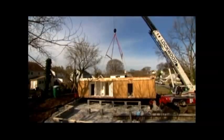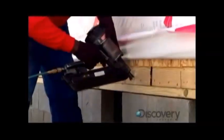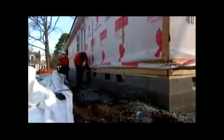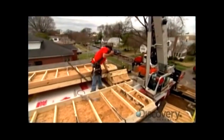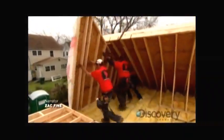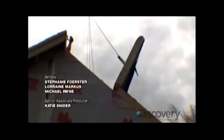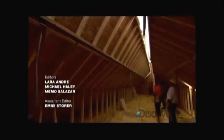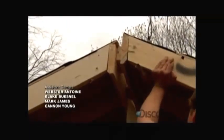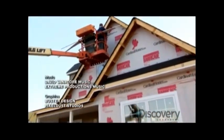If they're off by even a few fractions of an inch in laying it down, the house won't fit together properly. The installers secure each module to the sill plate and then to each other. Because the hinged roof was pre-assembled in the factory, it comes together in no time. This house was ordered without pre-installed siding, so a crew will have to complete that step on site. But in a matter of days,